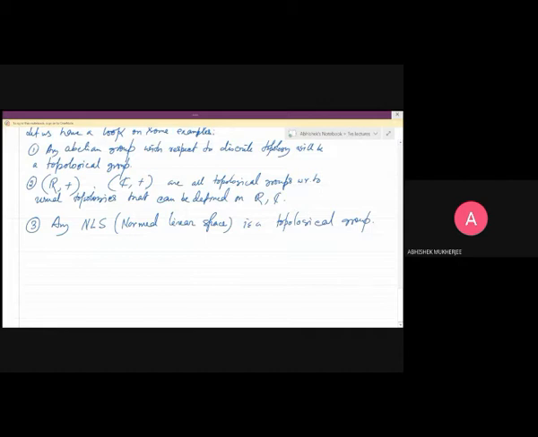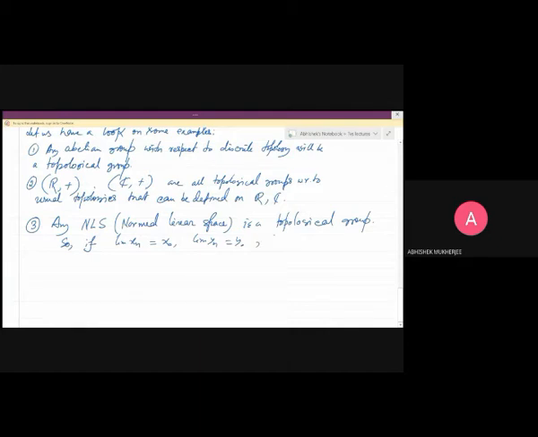Because now you need to check the continuity of addition and the continuity of inversion. So if the limit of xn is x naught and the limit of yn is y naught,